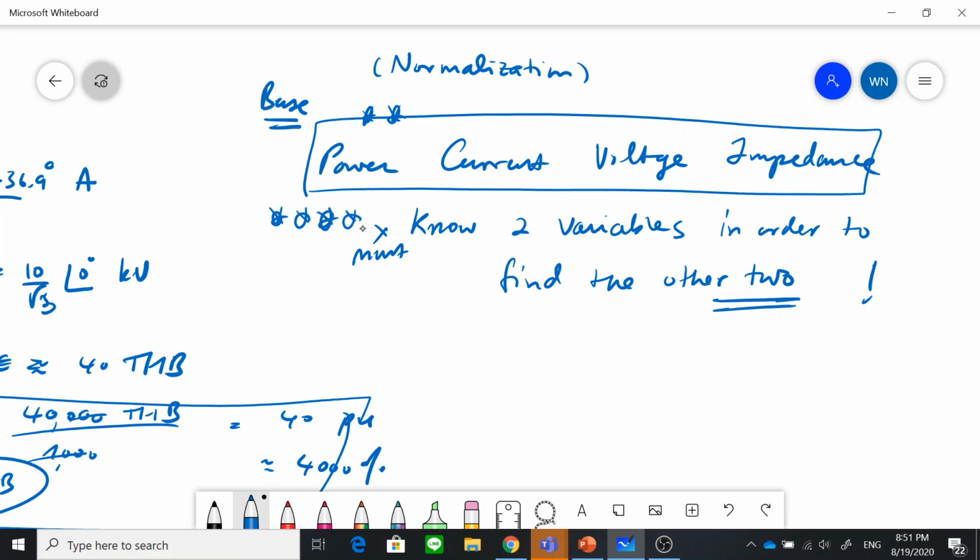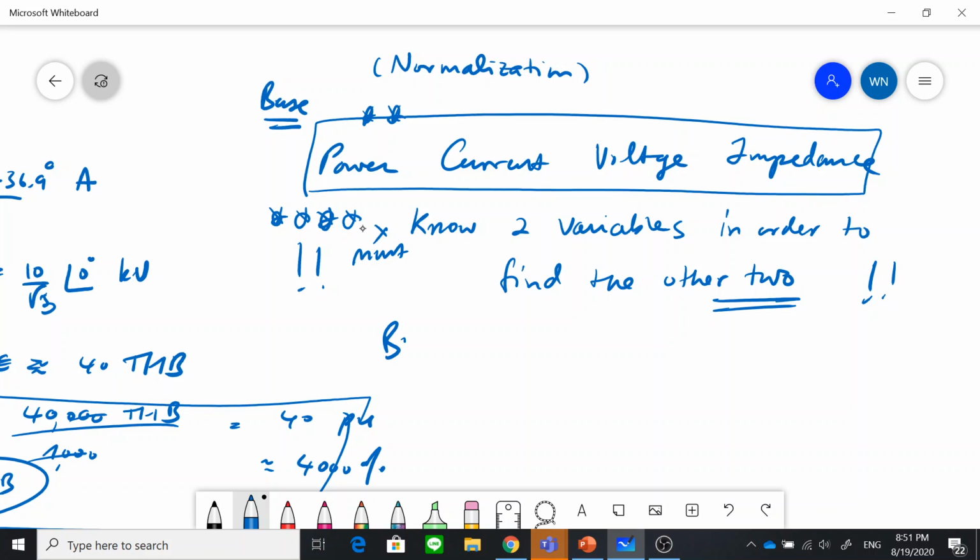Okay, this is the concept that you should have in mind. In power calculation, you must know two variables in order to find the other two. As I discussed earlier, you have to know two quantities. For example, you know current, you know impedance. Now you know the other two. Okay, but